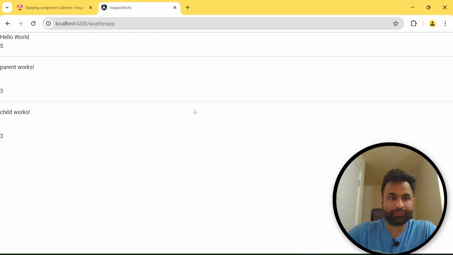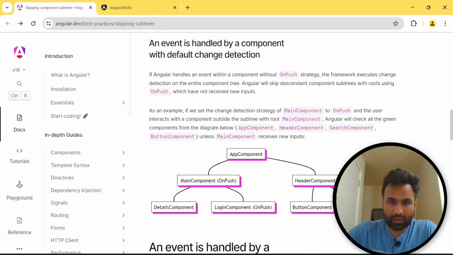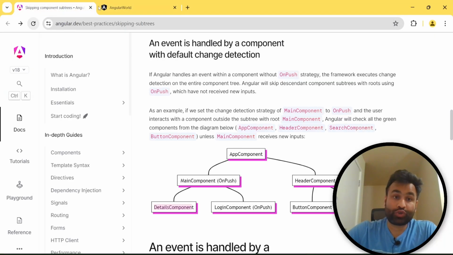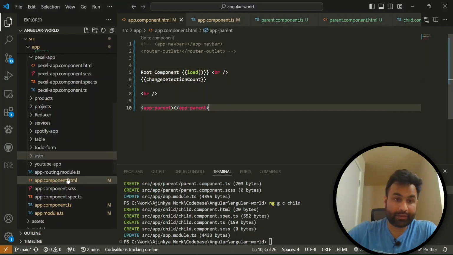instead of hello world. So this is a root component, and inside the root component we have a parent component, and inside the parent component we have a child component. So here we have our root, then here we have our parent, and then here we have our child component. So this is the hierarchy. So if I just want to minimize this rendering, I have to opt for the OnPush strategy, and that is